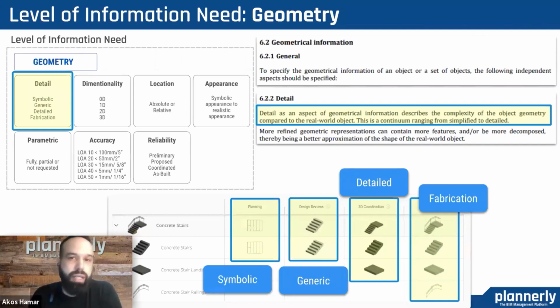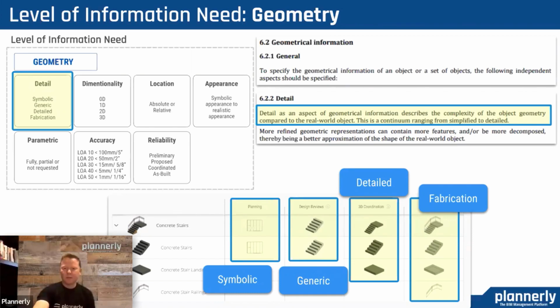But as you see on the image as well, for different purposes that we started defining back in the EIR BEP phase, but also reflecting on it in our matrix. So defining what the purpose is, what the milestone is, also defines how you want to do the modeling, because for different purposes, of course, you will need different approaches to doing the modeling. And that's something that, with the different detail levels, you can very well communicate to others.